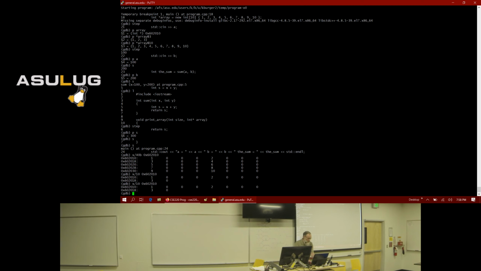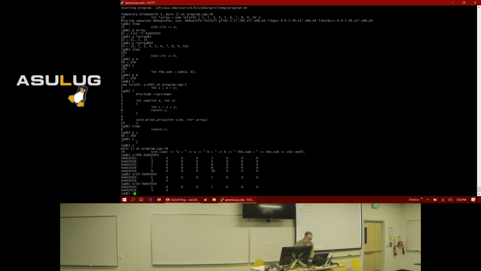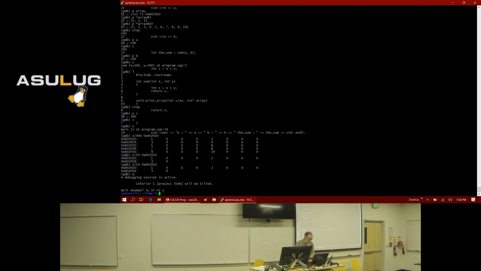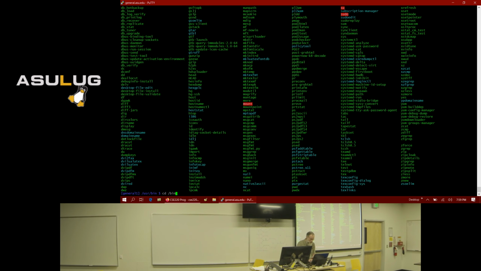Anyway, one thing you can do too, while we're on the subject of GDB, is you've got all these binaries in user bin. You're not going to have debugging information, but let's go to bin.